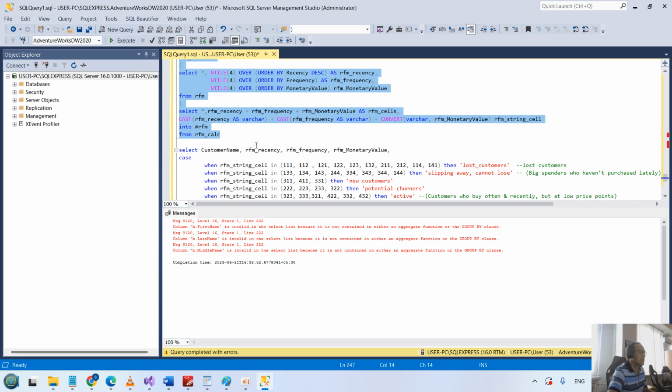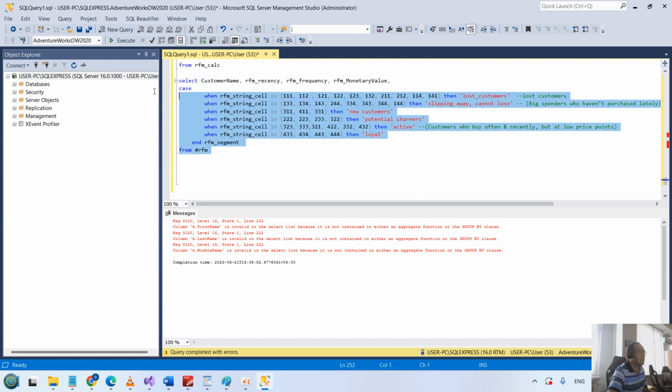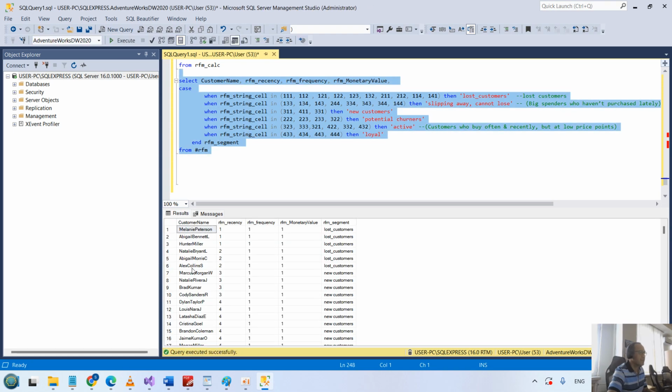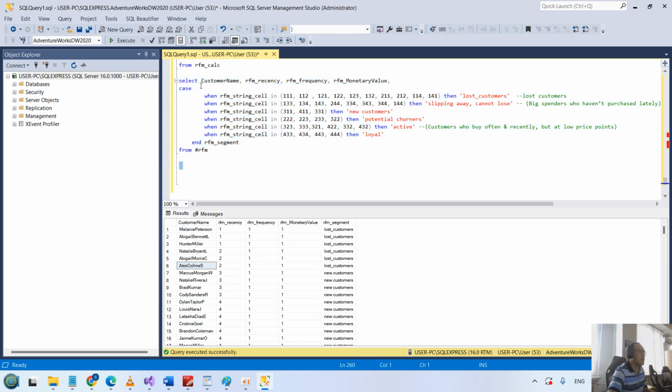Execute this. Okay, there's something wrong. Okay, then I'll change this. Okay, now we have the customer name over here, full customer names, and we have RFM recency and frequency